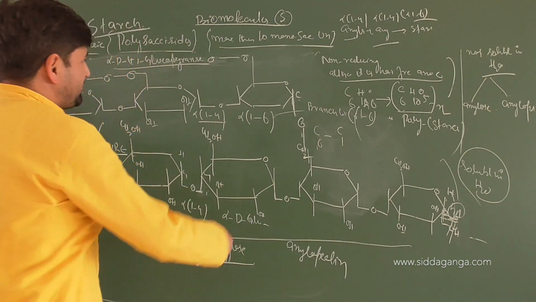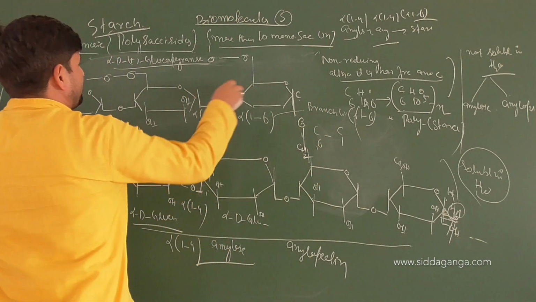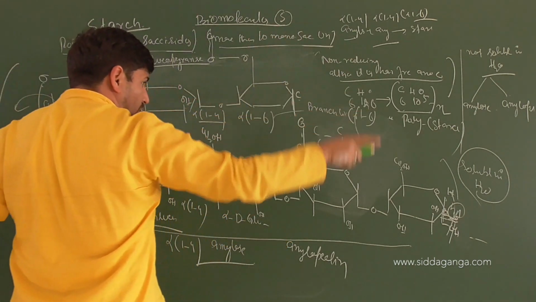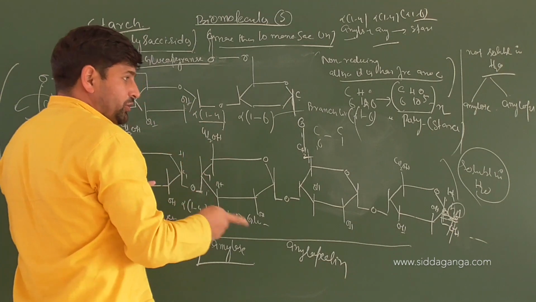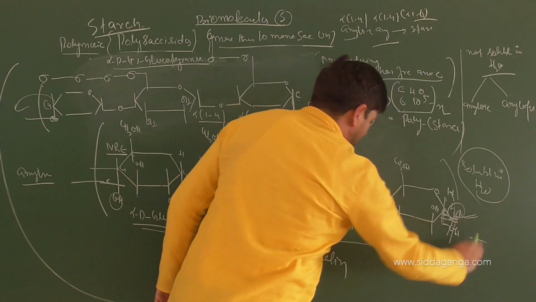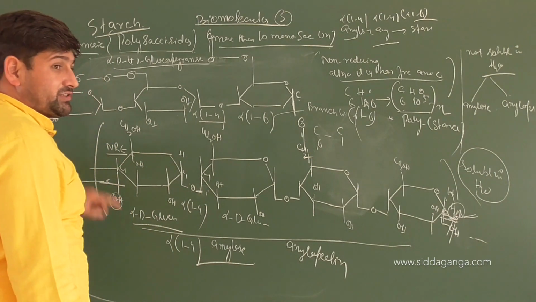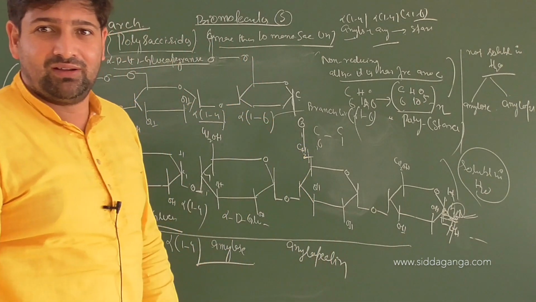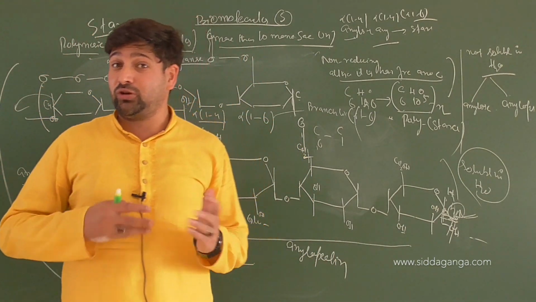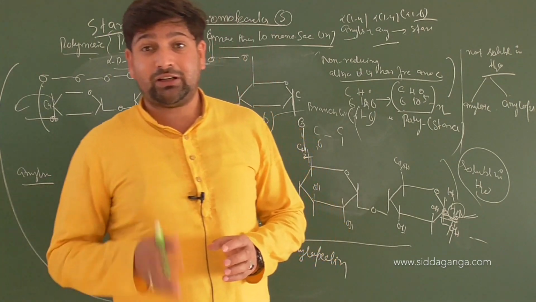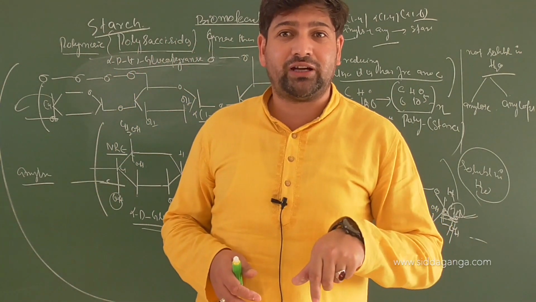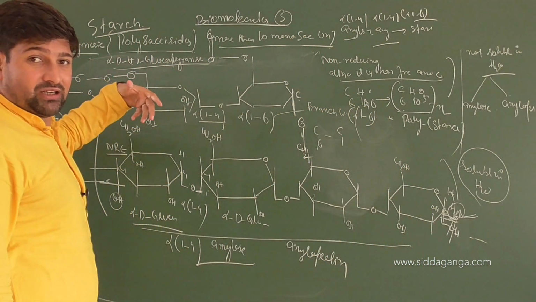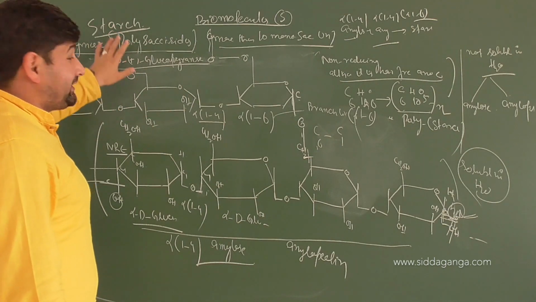Have a look. When this chain continuously grows, suppose you get one more chain from one more region. You will get one more chain from this region. In one molecule of starch, you will always have only one reducing end, but there will be n number of non-reducing ends depending upon the total number of chains of that starch. And in our body, see the balance, see the stereochemistry working. In our body, all the enzymes work only on non-reducing ends, because we know starch is the repository, right? It can give energy, right or not? So this starch can be acted upon inside the body.